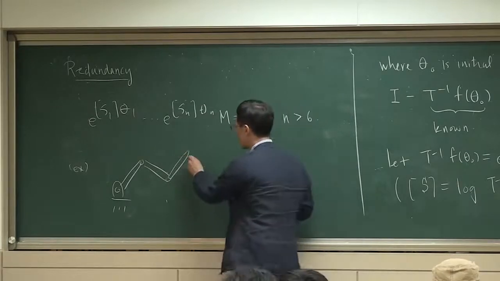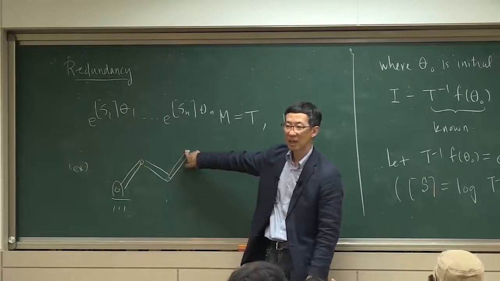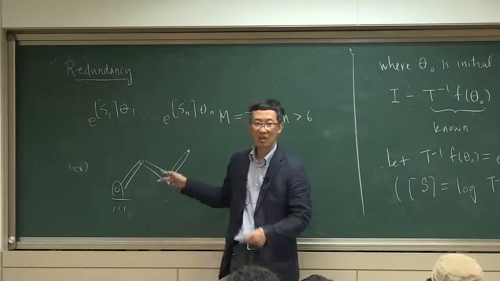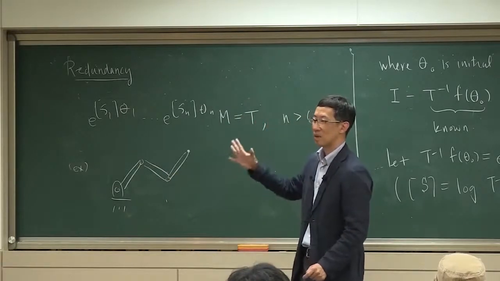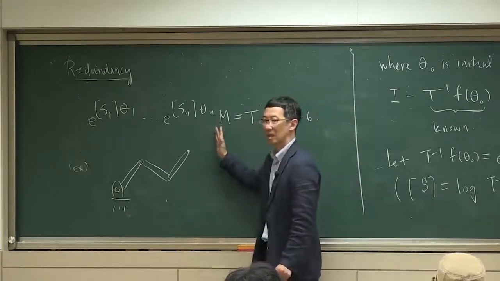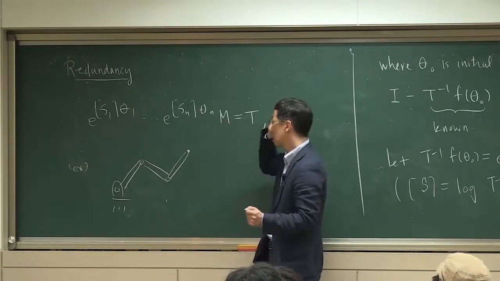So given Cartesian position of the tip, x, y, there are an infinite number of solutions for theta 1, theta 2, and theta 3, which satisfy this equation. All right? So the problem is, there's no unique solution. Okay, so in this case,